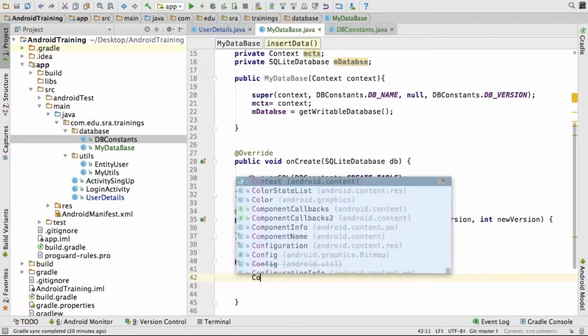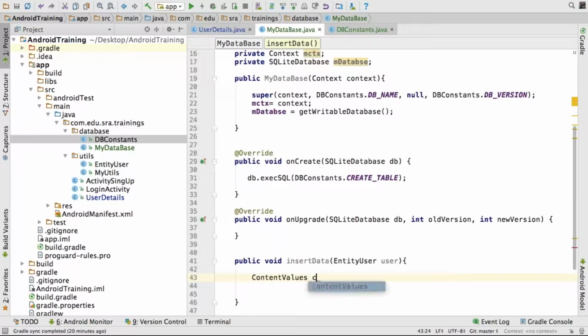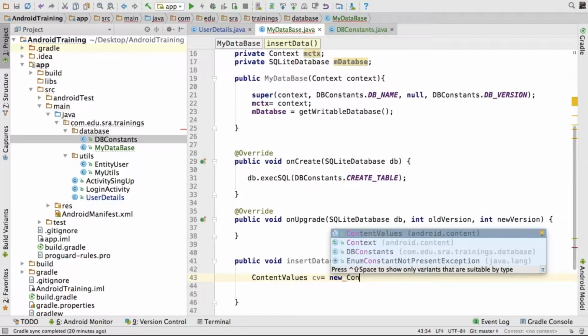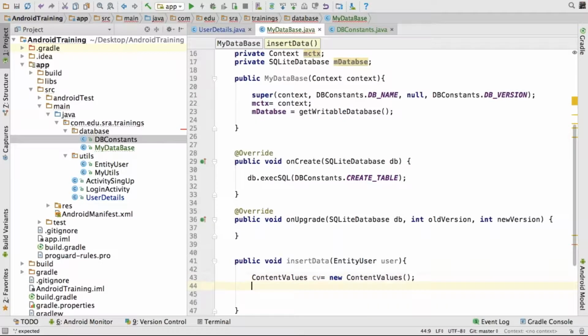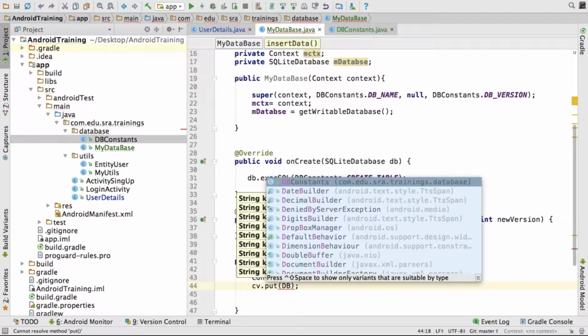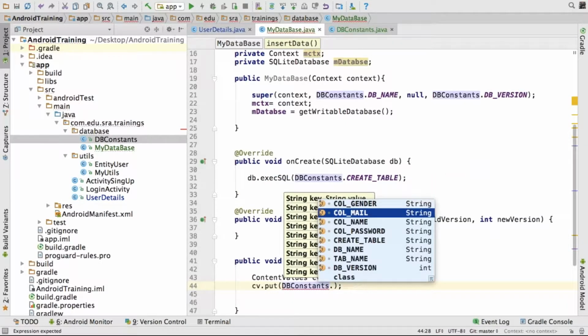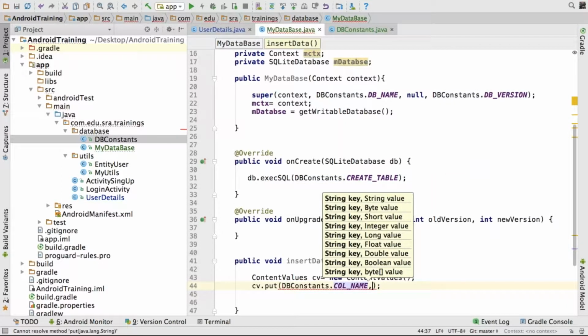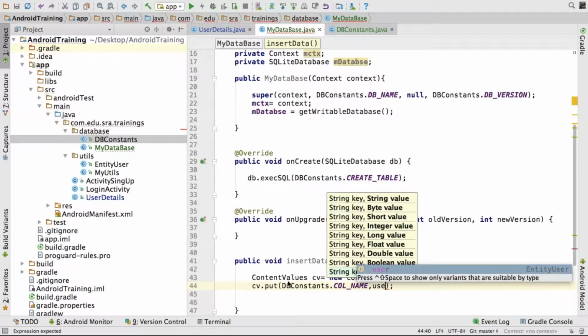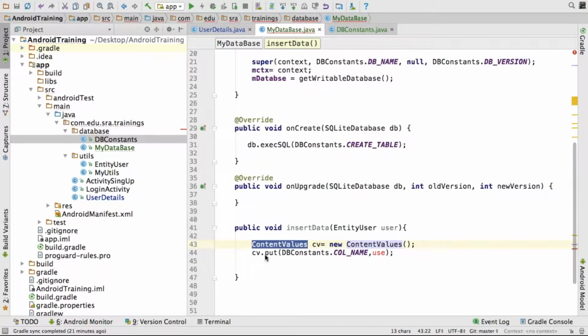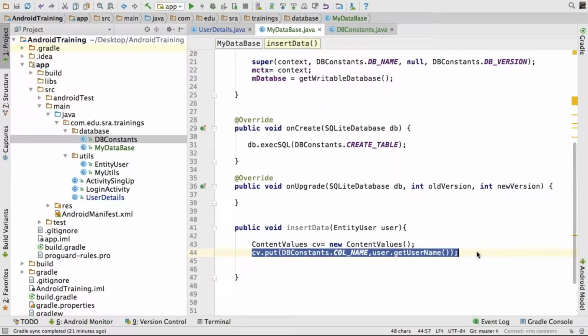To do that, first, ContentValues cv equals new ContentValues. cv dot put, the key is DB constants dot column name, and the respective value, to which value you want to put, user dot get username.